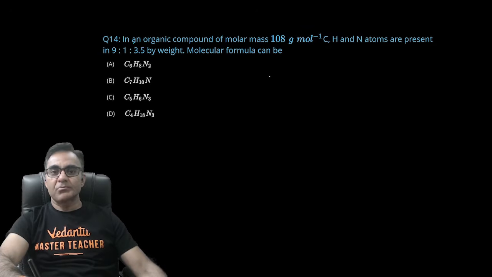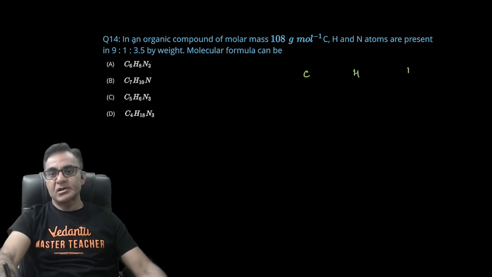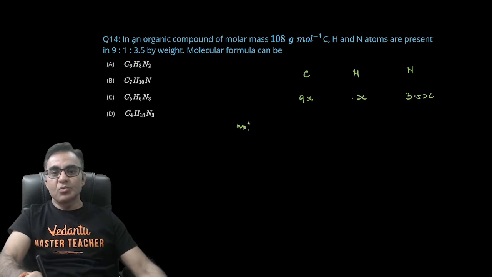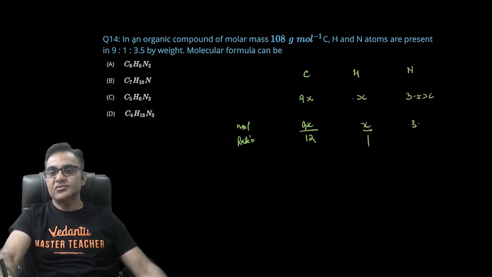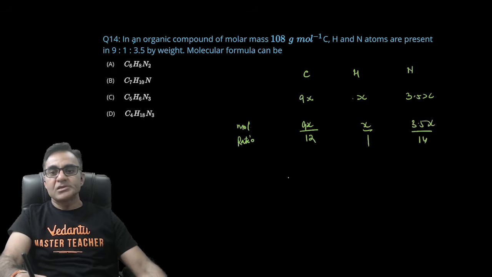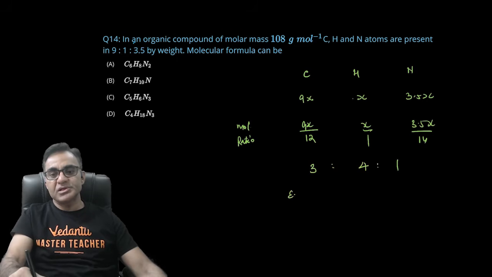In the organic compound of molar mass 108, carbon, hydrogen, nitrogen atoms are present in this ratio by weight. देखो कार्बन का, हाइड्रोजन का, नाइट्रोजन का वेट रेशियो दिया है, इसको 9x मान लेता हूं, इसको x ले लेता हूं और ये 3.5x हो गया। तो मोल रेशियो निकाल लो आप, यानी एटम्स का मोल रेशियो 9x डिवाइडेड बाई 12, x डिवाइडेड बाई 1 एंड 3.5x डिवाइडेड बाई 14। ये रेशियो कार्बन, हाइड्रोजन और नाइट्रोजन के बीच में जब आप निकालोगे तो इट विल बी 3:4:1,